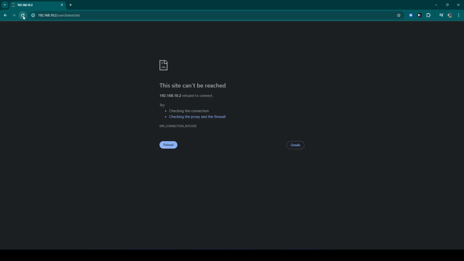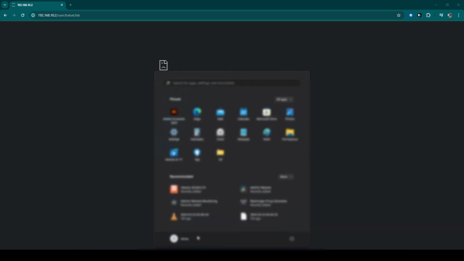If we restart, it will disconnect from the server because we are restarting the WSL, the Windows Subsystem for Linux.